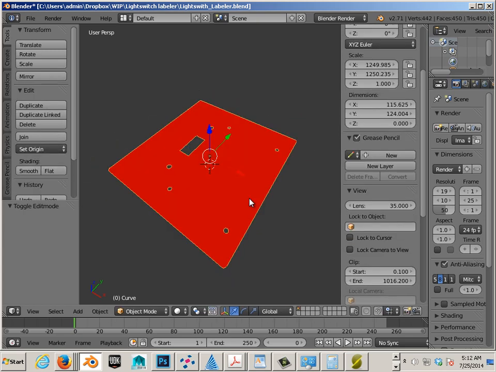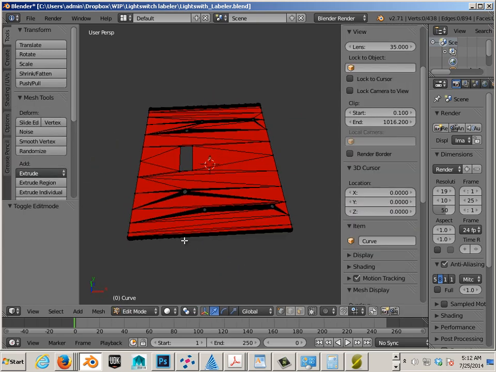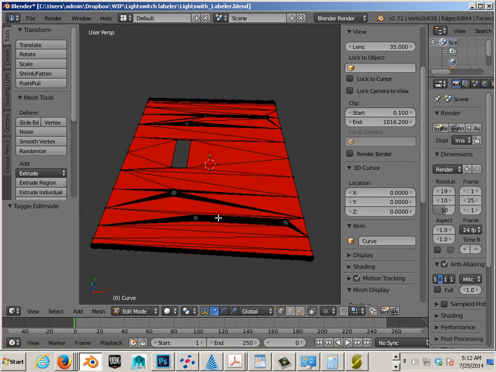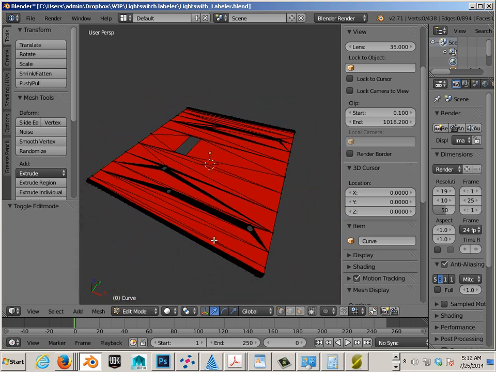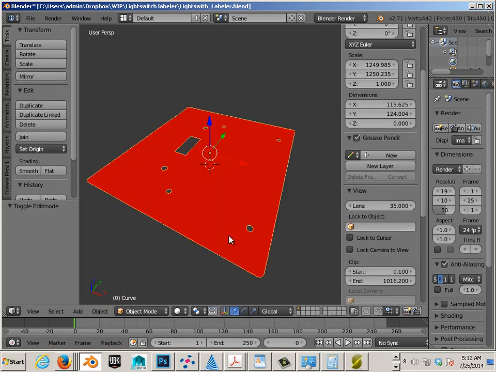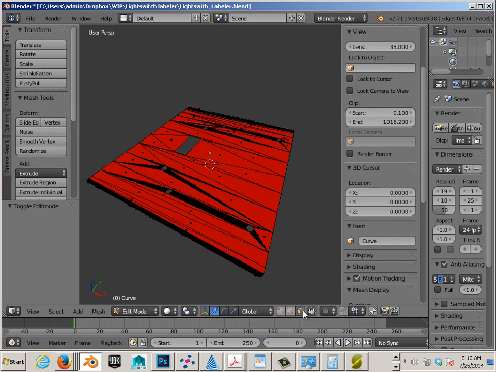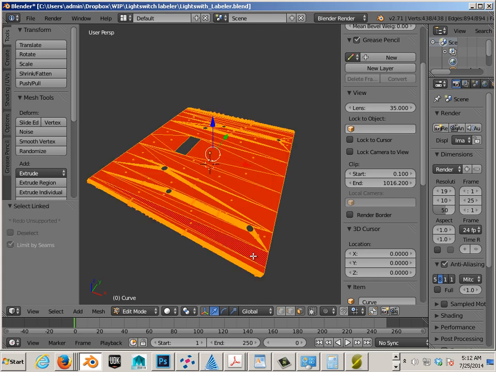How do I know that? Well, I can hit Tab and you can see polygons. This is why I didn't choose black, because black is actually the same color as the poly lines, so you would never be able to see the poly structure. So that's hitting Tab. Now also I can go to faces, click on it, click L,